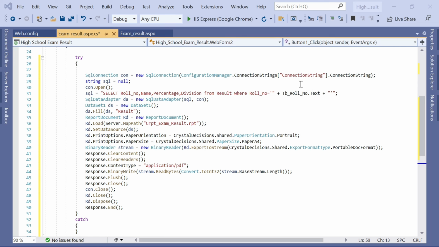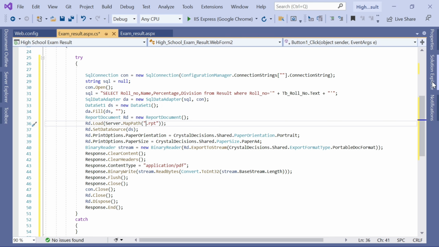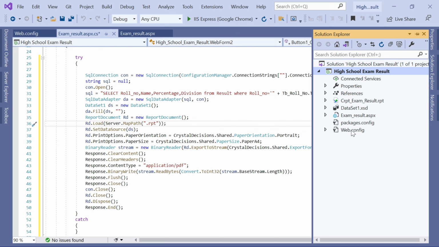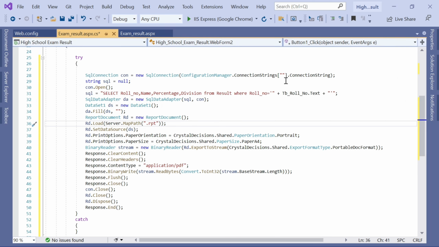this code we have to change only three things: 1, 2 and 3. So let's remove this one and change this one. This is the connection string. So click on the solution explorer and double click on the web.config, then copy this connection string. This is the name of my connection string and paste it over here,